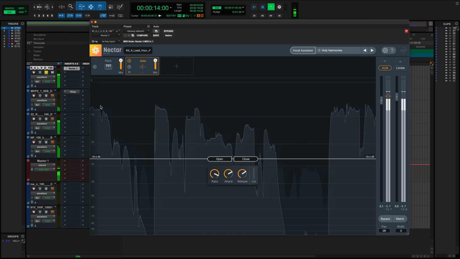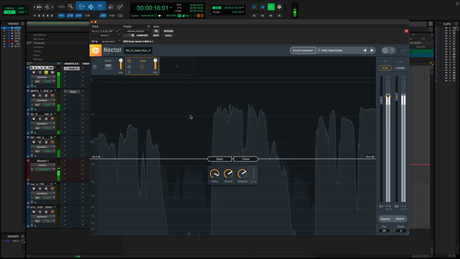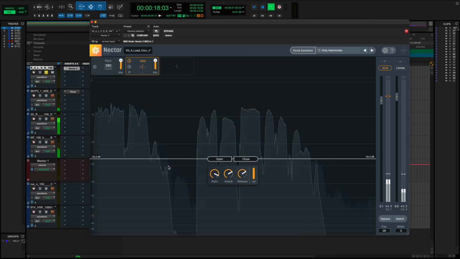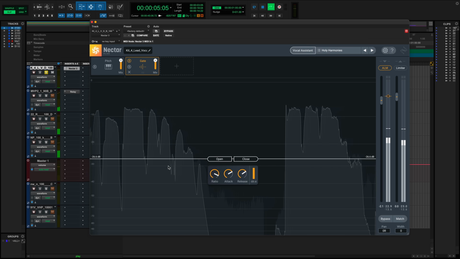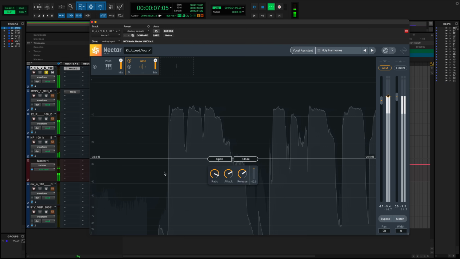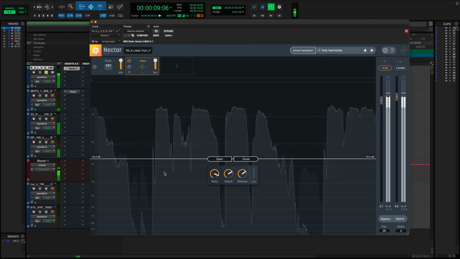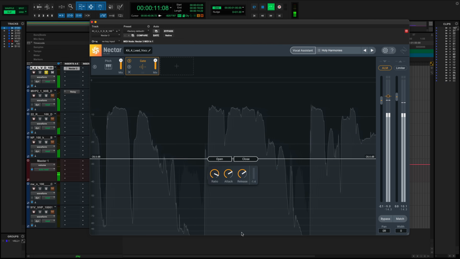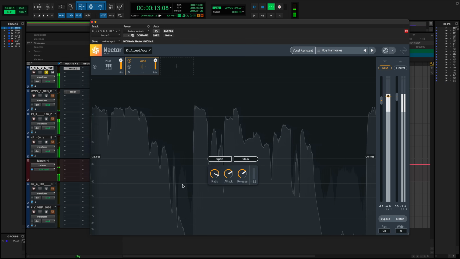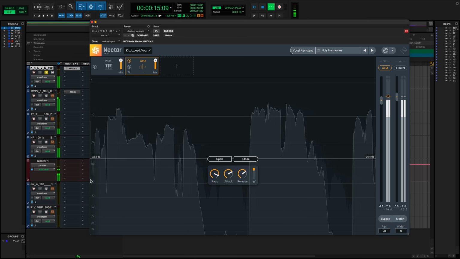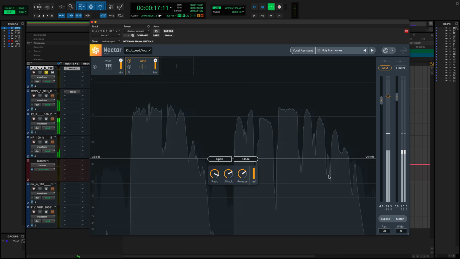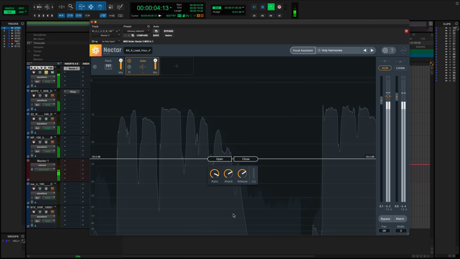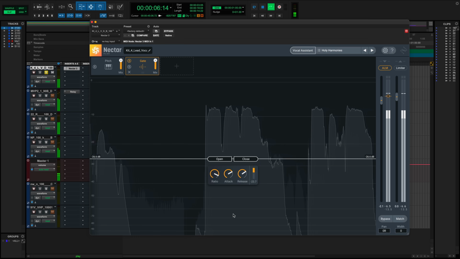So we see these peaks. These peaks are loud enough that they make it into our gate. But those that are quieter get rejected and cut out by the gate. So stuff down here. I want to draw your attention to some of these audio signals that are at around minus 30 decibels. Stuff like breaths. This is what's getting cut out by the gate.